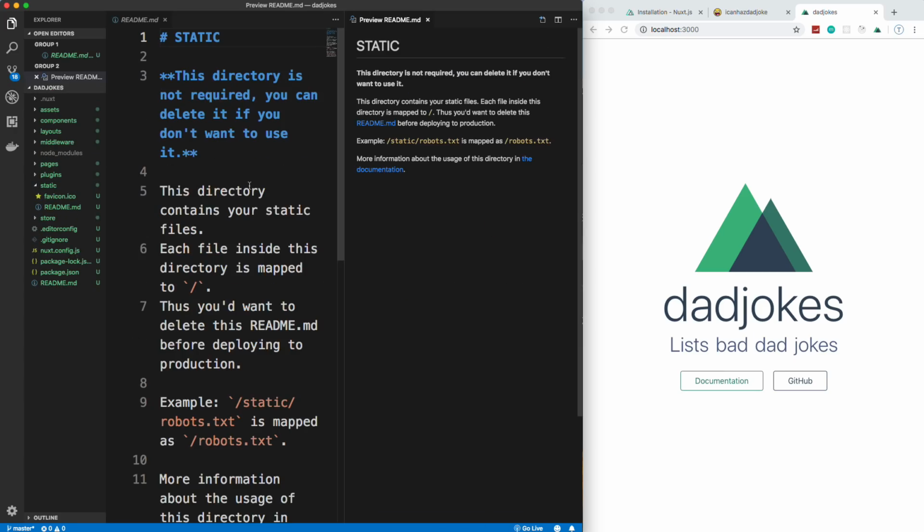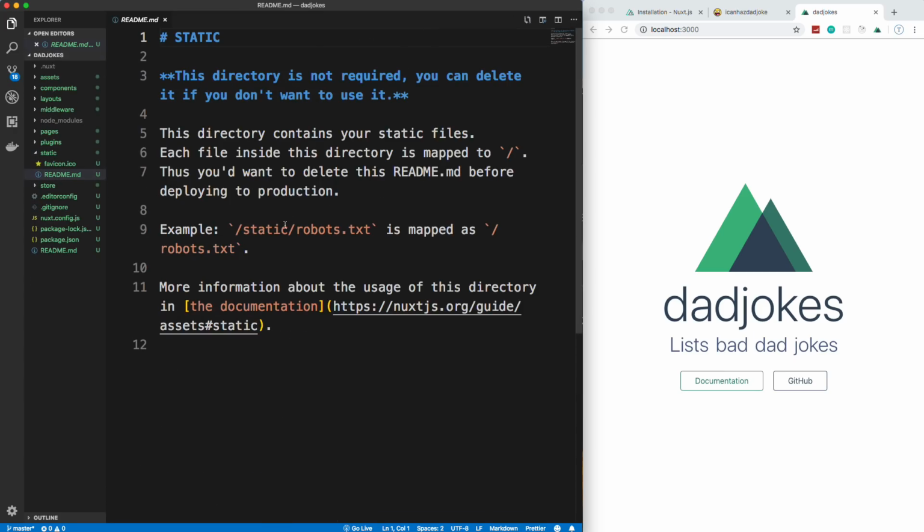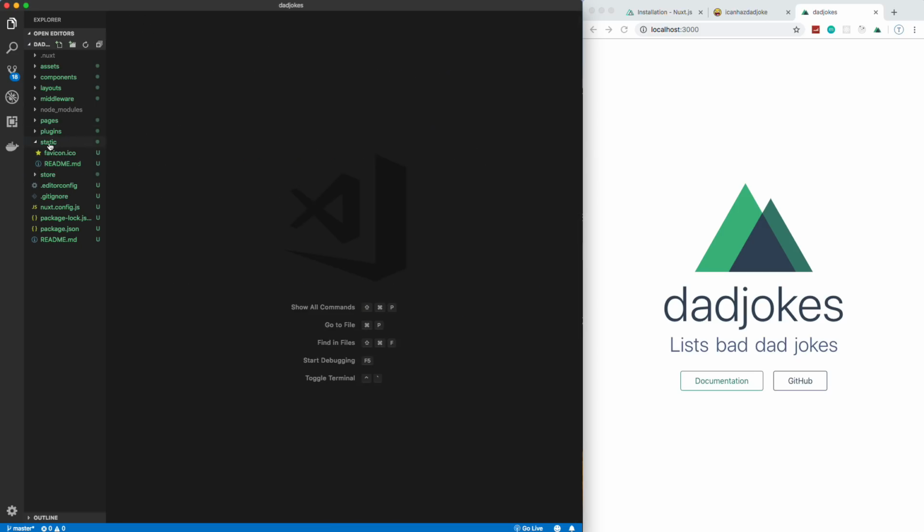Static. This is for any static files you have. For instance, if you have a robots.txt in this folder, it'll get mapped to just /robots.txt. So that's your static folder. You have plugins. So if you install any plugins or create any plugins,